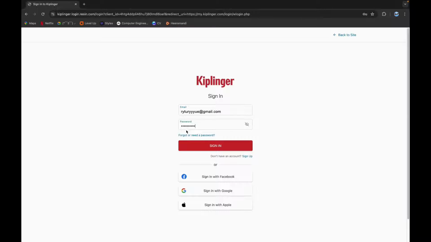If you have forgotten or need a password, you can click on this link to reset it. And if you don't have an account yet, you can click on sign up and create a new account. Or you can directly sign in with your Facebook account or with your Google account or with your Apple ID account. Now click on sign in, and these are the simple steps that you can follow to log in to Kiplinger